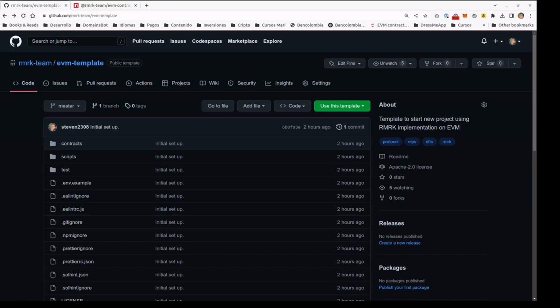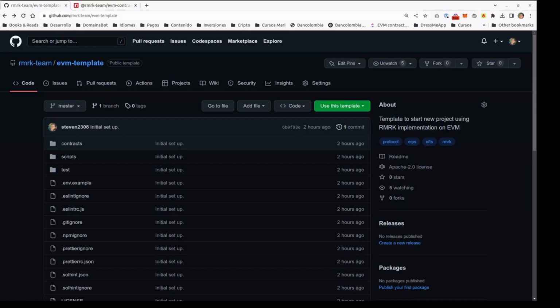I am a Solidity dev at Remark, co-author of the EVM implementation of the protocol together with 3 merged DIPs. In this video, we will create a new project using a template and go quickly through it. Then we will modify it to create our very first Remark contract. I will give you a glance on how to run tests and deploy your contract on a testnet.